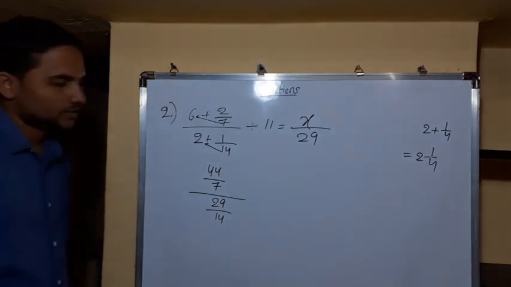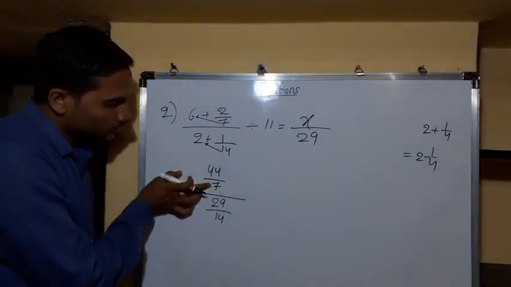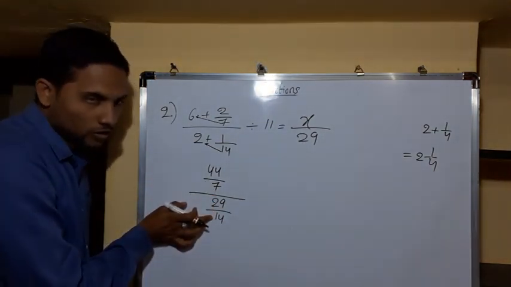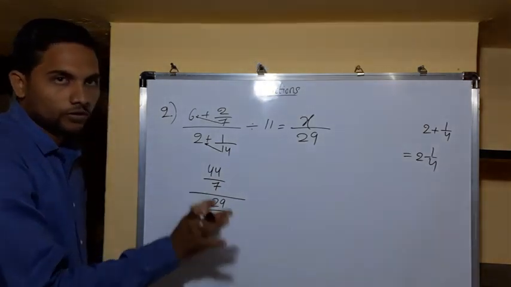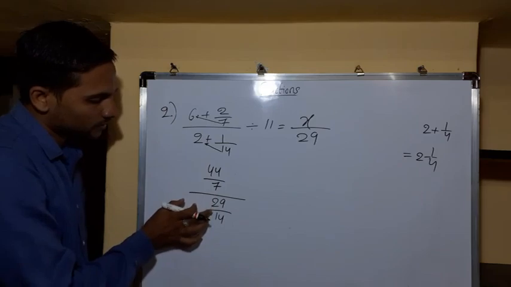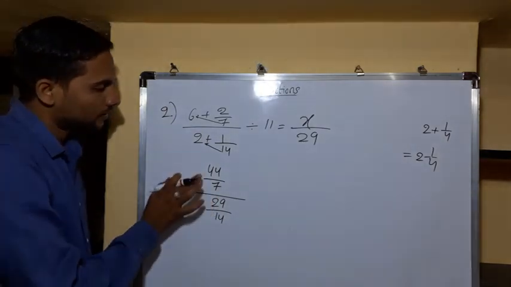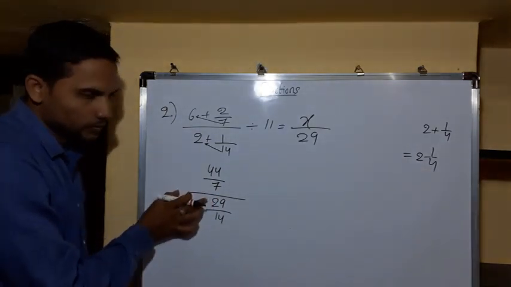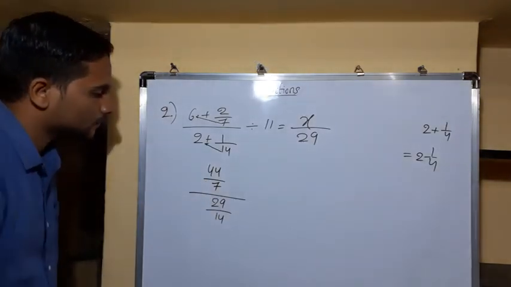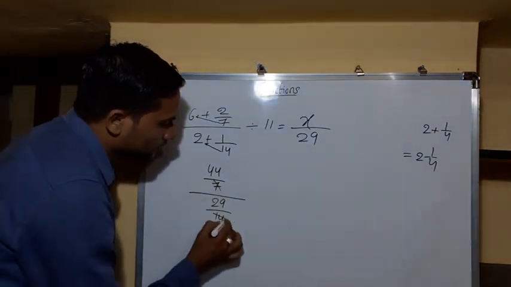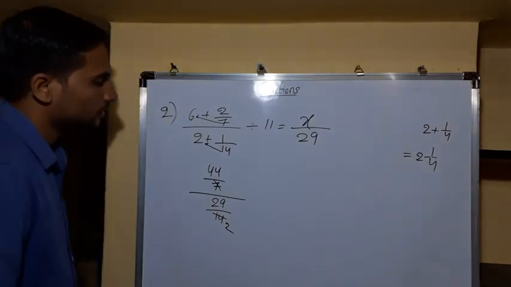Now do the simplification. What I said, this denominator term should get cancelled with this denominator. This numerator term should get cancelled with the numerator term. Don't get confused. This numerator, this denominator, don't do like this, right? Numerator should be cancelled with the numerator. Denominator should be cancelled with the denominator, right? So 7 1s are 7, 7 2s are 14, right?